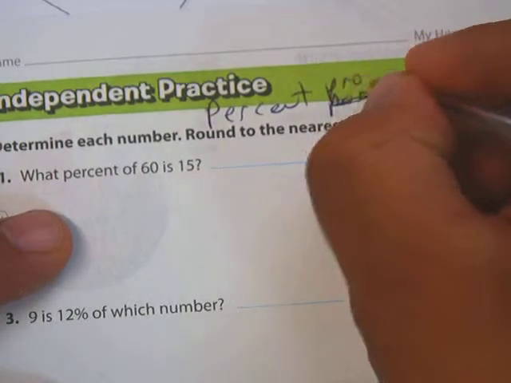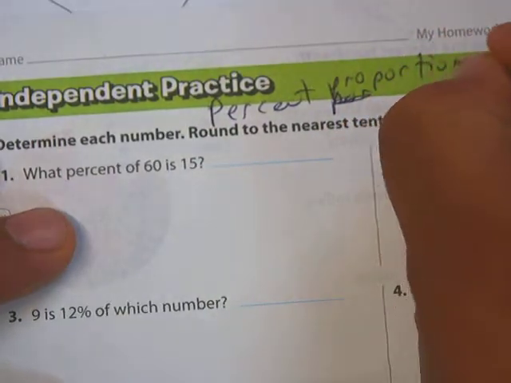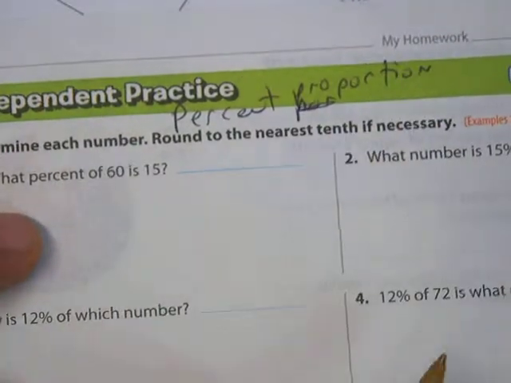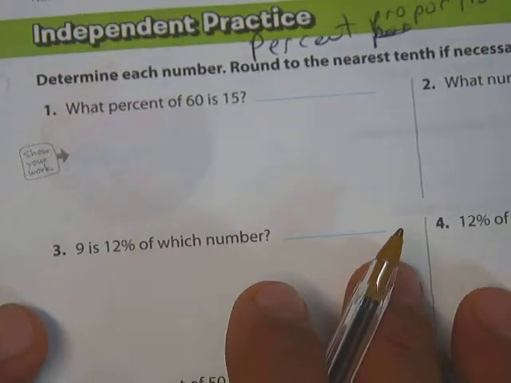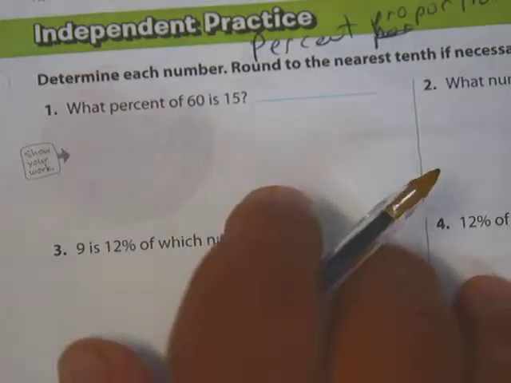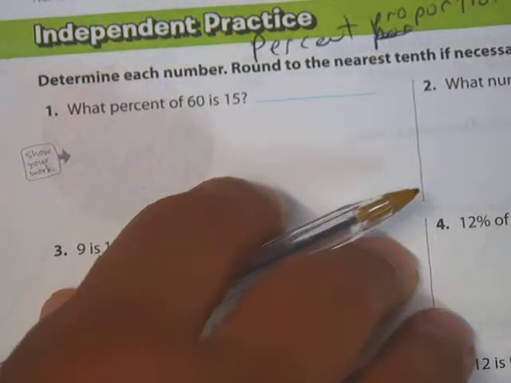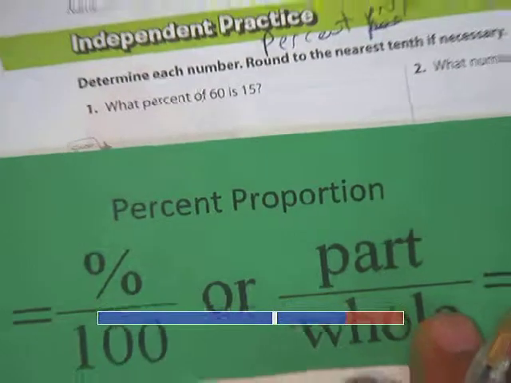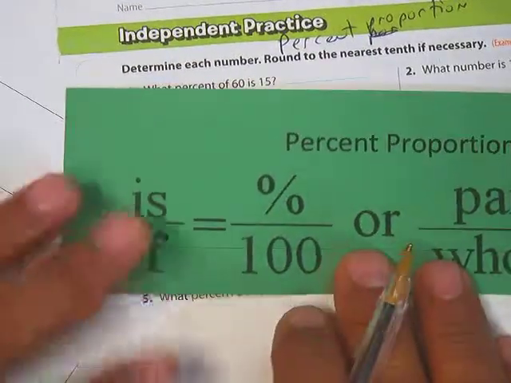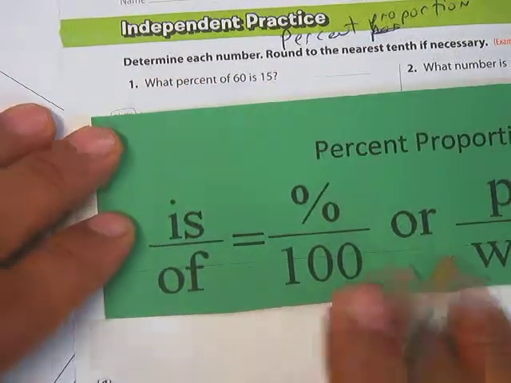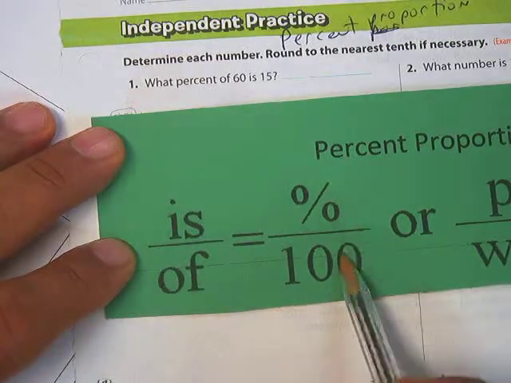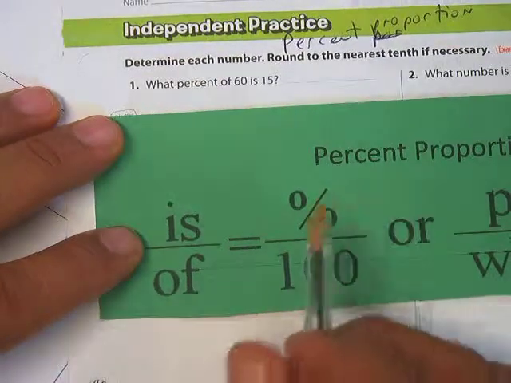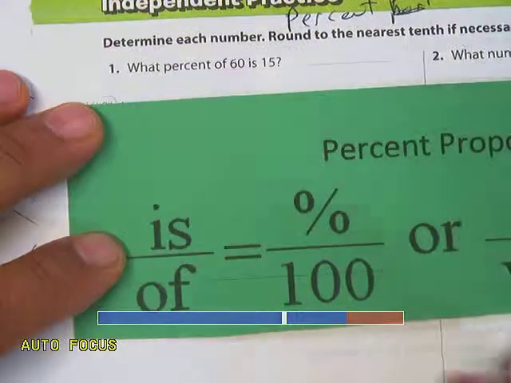Sorry, percent proportion. Okay, percent proportion. This is on page 241. We're gonna use the equation, this one here. Okay, percent proportion is over of, percent over 100. So if I look at my number there, okay,